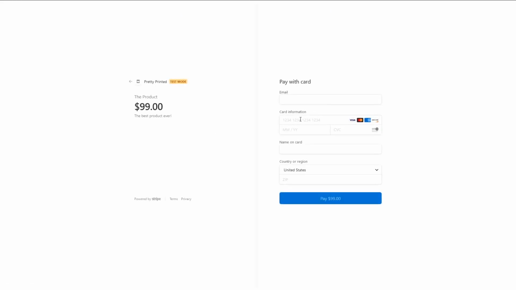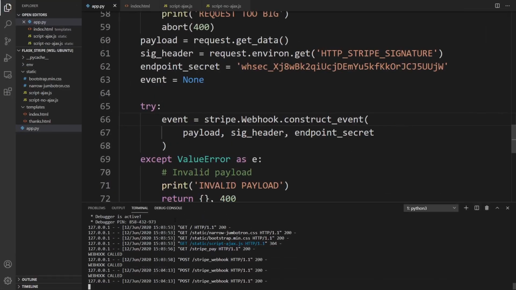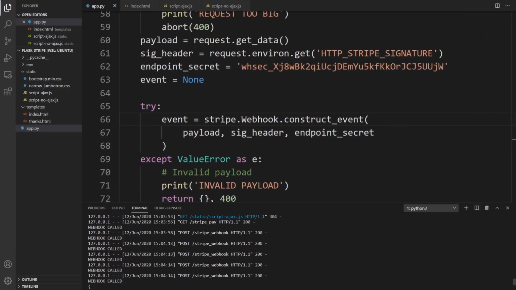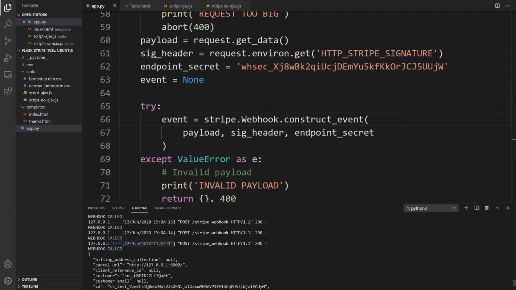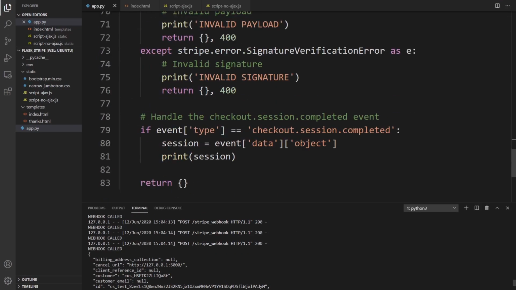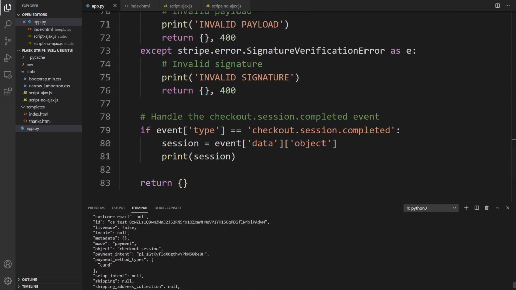Okay, so now I'll go and buy the product. Let's call this webhook@gmail.com, and then 42s. And then webhook 1, 2, 3, 4, 5. Okay, so we're gonna pay. And now we're gonna look here. And if you look, we see webhook is being called multiple times. And then when we get to the webhook for the event that we're looking for, checkout session completed, we can then see the session information for that particular